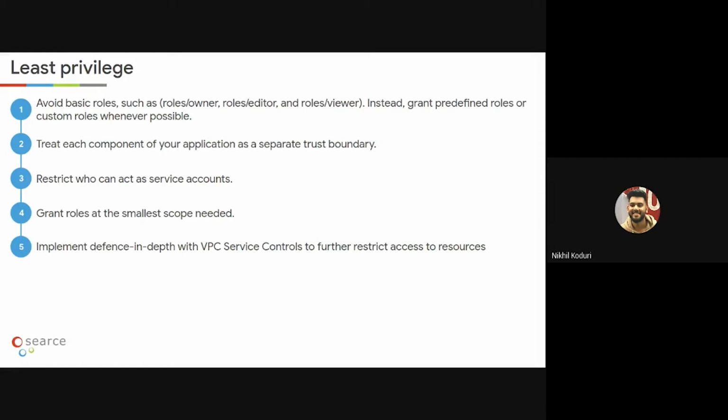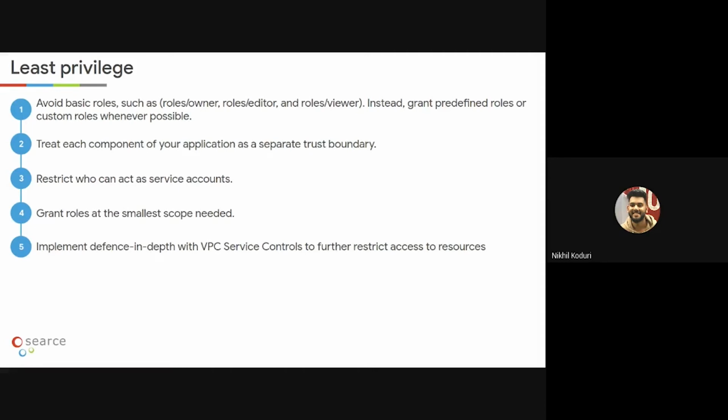Then you can incorporate things like Workload Identity into your deployment strategies, and have a service account attached to these applications. Each application can have a limited account and segregated access to Google Cloud services. Also, you have to restrict who can use the service account and act as the service account, and give the smallest scope possible to the VMs. A better approach is to use service accounts for the VMs that do not use the default service account the VMs would have, and attach custom roles to them so that they have granular access.